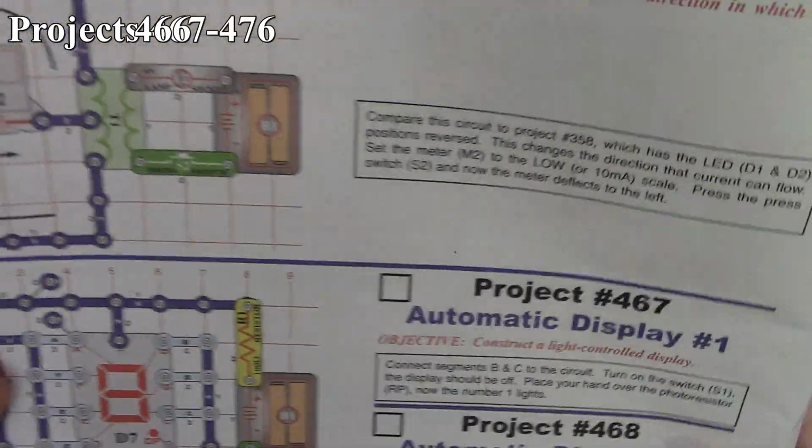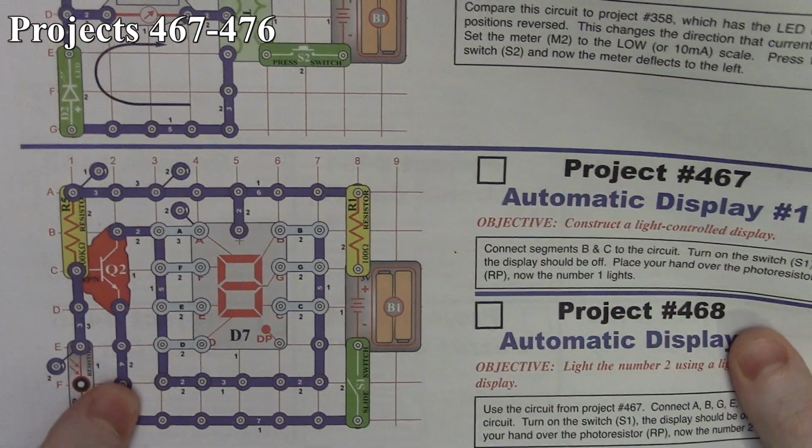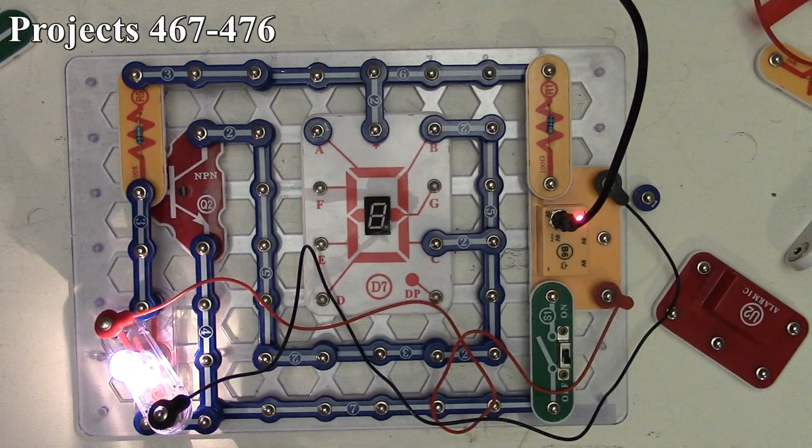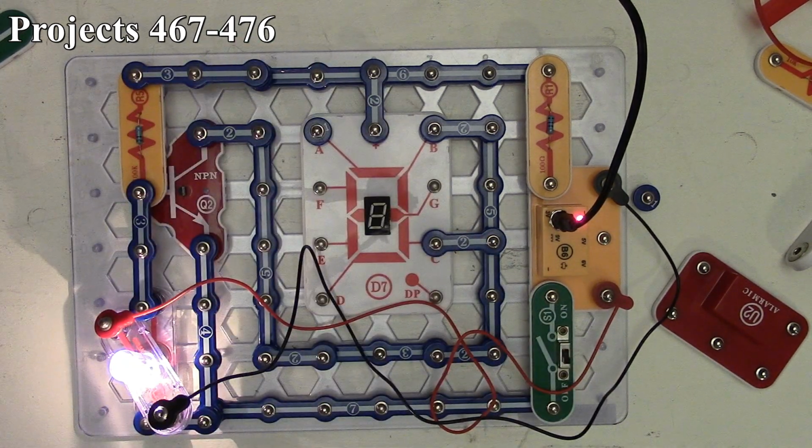So here we are with Project number 467 and 468, the automatic display. There it is in the book, and here it is on the board. So once again, we're making use of our 7-segment LED display. We're using our NPN transistor to drive the display here, which is being limited by a 100 ohm resistor, and then the base for the NPN is being limited by our 100,000 ohm resistor,